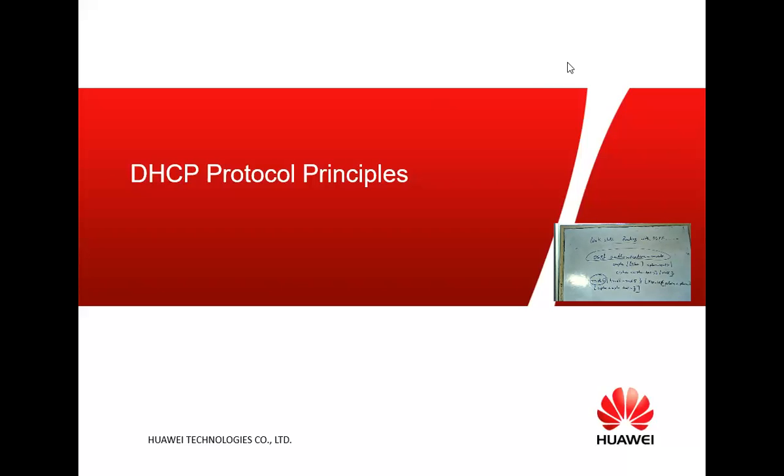Okay, students. Our next topic is the DHCP protocol and principles. So basically, what is DHCP? It is the Dynamic Host Configuration Protocol, which is used to assign IP addresses to hosts. There are two ways to assign an IP address: manually assigning the IP address to a particular system, and second, auto configuration with DHCP. Auto configuration means that the IP is assigned with the help of a DHCP server.